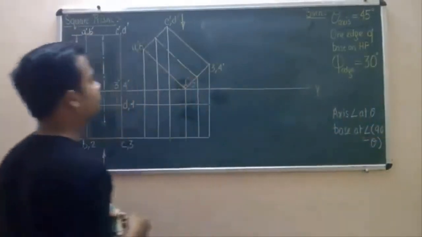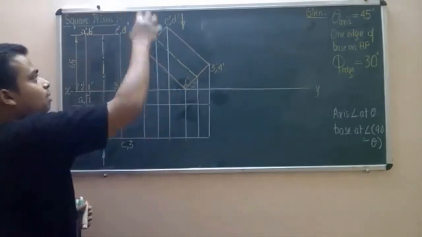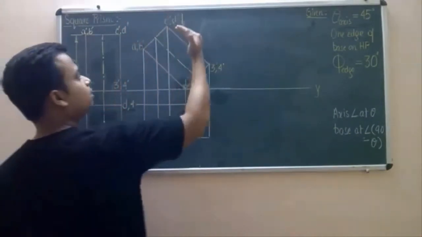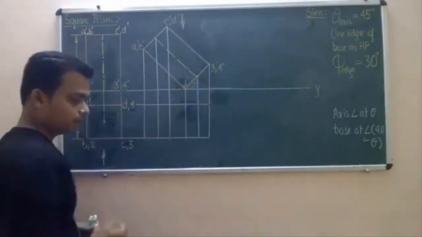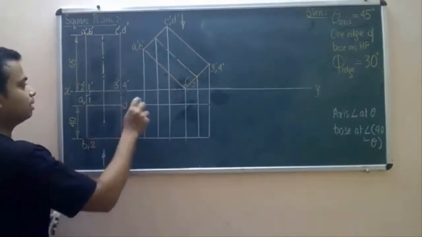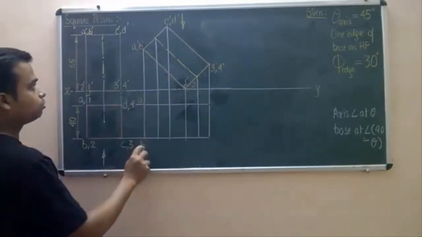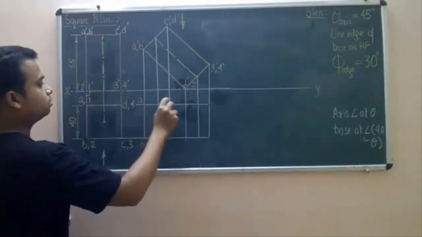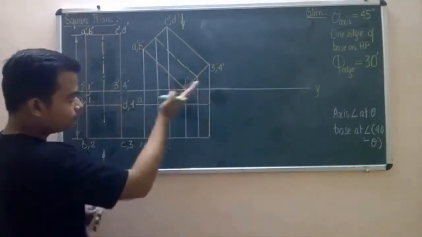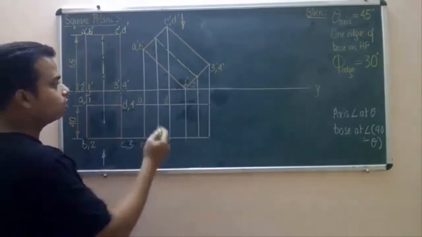One thing is absolutely clear, that there will be a face above, that is ABCD face. This particular face will be seen and this particular rectangular face will be seen. This point over here corresponds to A, this over here corresponds to B, this one is C, this one is D. And as far as the bottom portion is concerned, the 4 corners are 1, 2, 3, 4.